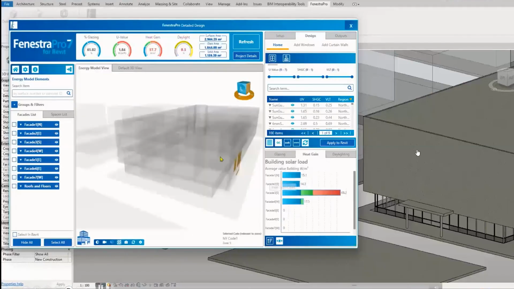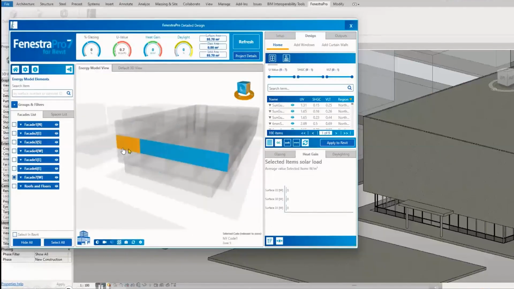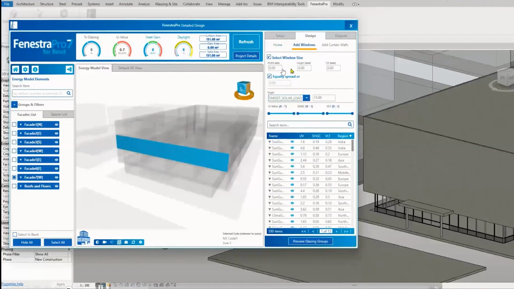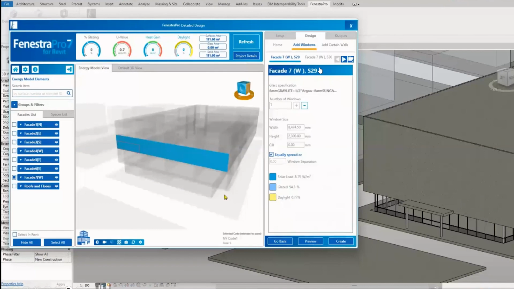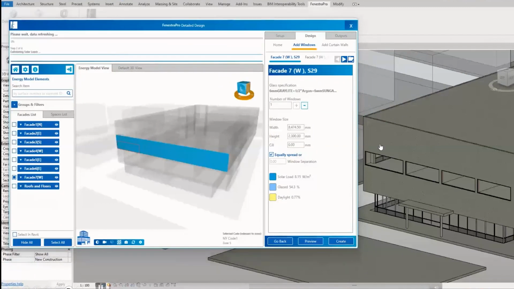So again, kind of combining that aesthetic intent with the performance to deliver a defined geometry for a facade. And you'll see here in this instance where we can select a number of blank facades. We can select a size, or we can select a target solar load or a maximum solar load. So in this instance, we're going to select a maximum solar load of 15 watts per meter squared. We can then refine the search of the glazing based on the criteria we talked about, and then we can look to add whatever number of windows we can achieve, and we can preview them here